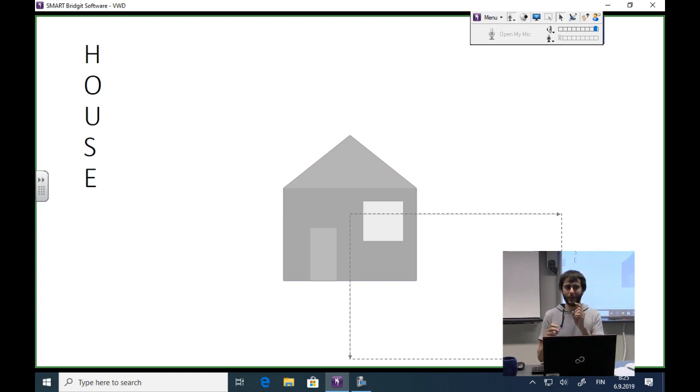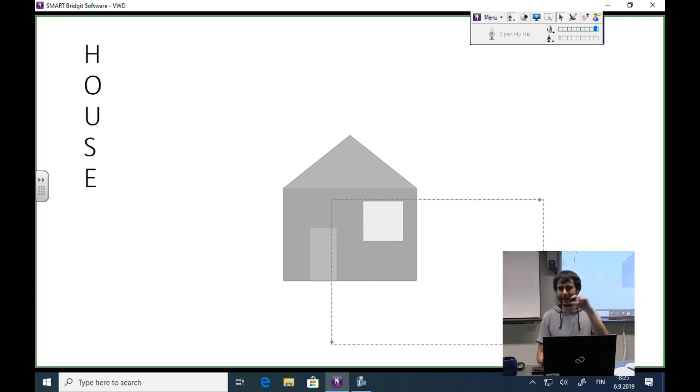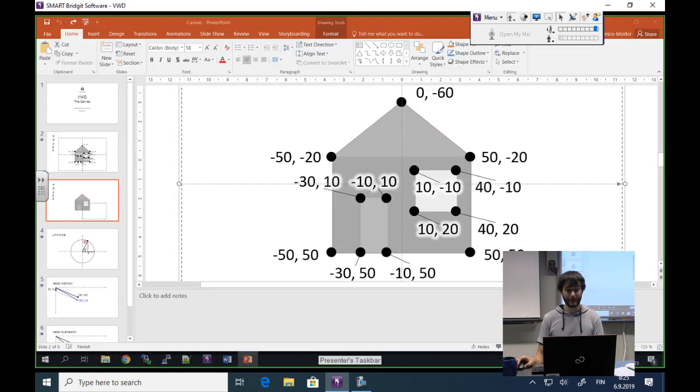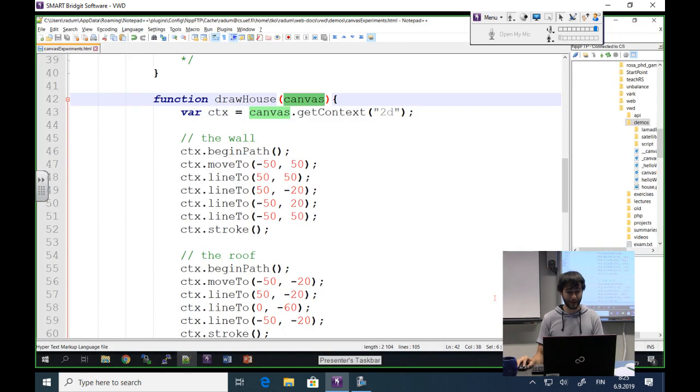And last time, one of you, I don't remember, maybe it was you, told me, but why do you have to translate? Can't you do it some other way? And I said no, but meanwhile I found out that yes. You can translate the canvas instead. Move the canvas before you do the drawing, then do the drawing, then move the canvas back. It's somehow a bit out of the ordinary, but it's possible. You can actually do that. And we will experiment with both of the things just to see how that